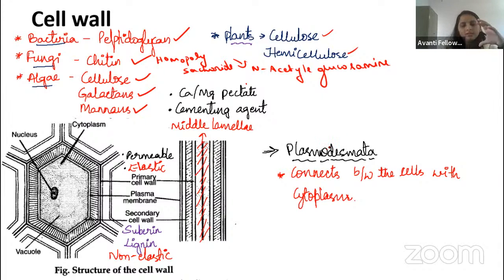Remember, when the plant is growing, in the early stages it has the primary cell wall. You can see the primary cell wall is green in color, right? Whenever it is green in color, that cell wall is the primary cell wall. Later, when it has grown, it gets the secondary cell wall. Only in the early stages does it have the primary cell wall. So let us see the structure of the cell wall. Here you can see this is the cell, right, guys? This is a cell.